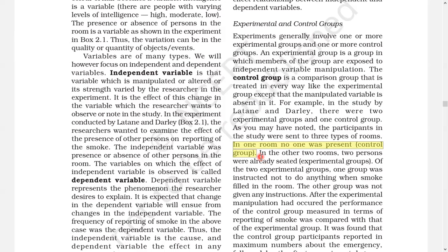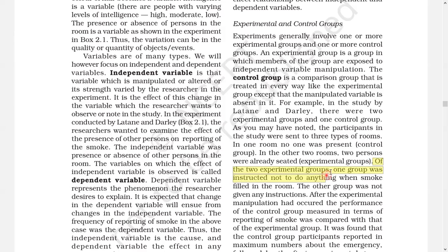The people who participated in the first room condition are said to be the control group. In the other two rooms, what is the behavior associated? What caused the behavior to report is the smoke. That is the independent variable. In the other two rooms, two persons were already seated; those are the experimental groups.